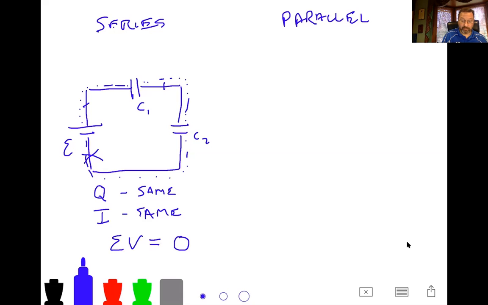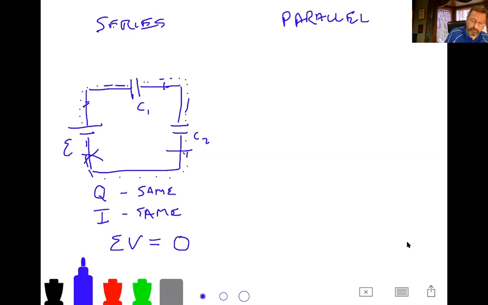I must lose some voltage across C1, lose some voltage across C2. If they're equal, it could be 4.5 volts, 4.5 volts each, and that adds up to the 9. And so it's plus 9 volts, minus 4.5, minus 4.5, and I'm back to 0. Okay, and so at the start of a problem, if they're different, you have no idea what the voltage is across C1 and C2. And that's the deal. But we'll be talking about the sum of the voltages around the closed loop being equal to 0.